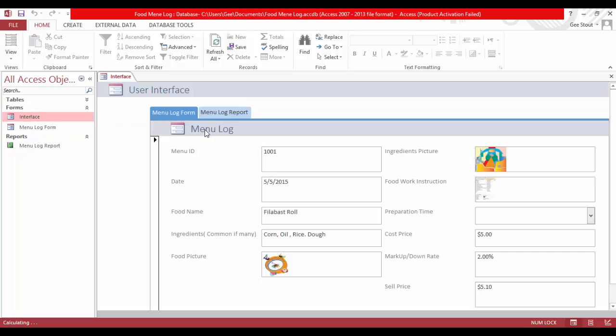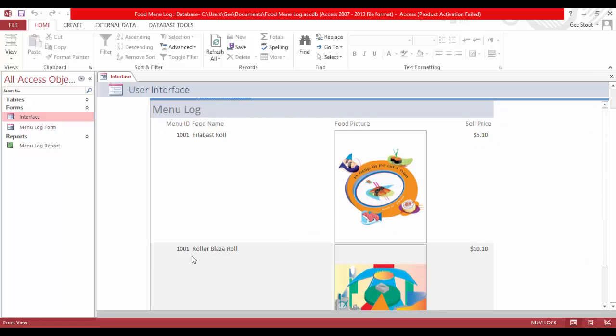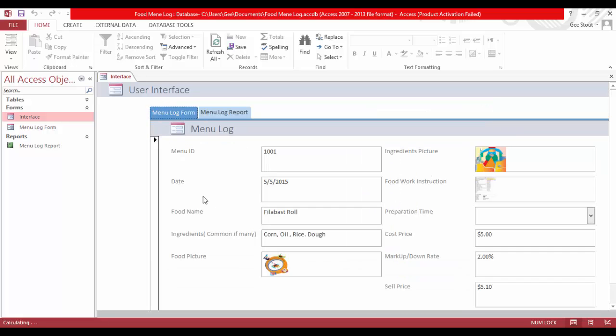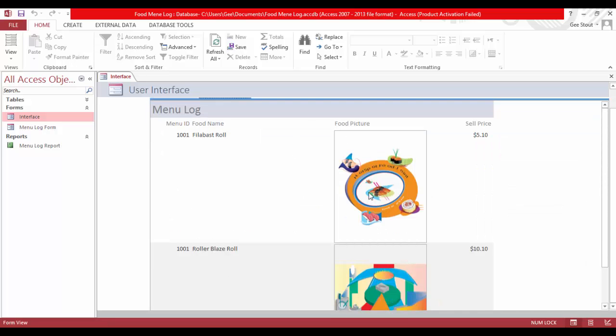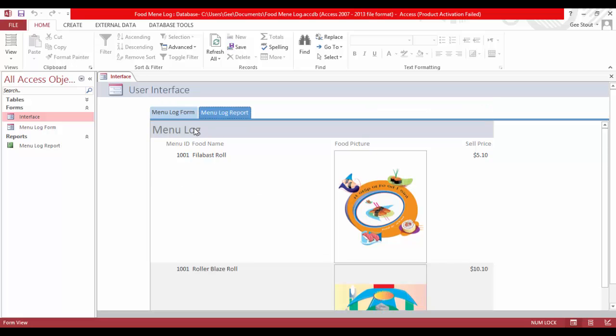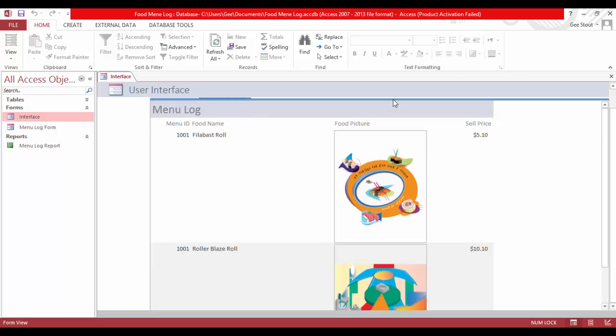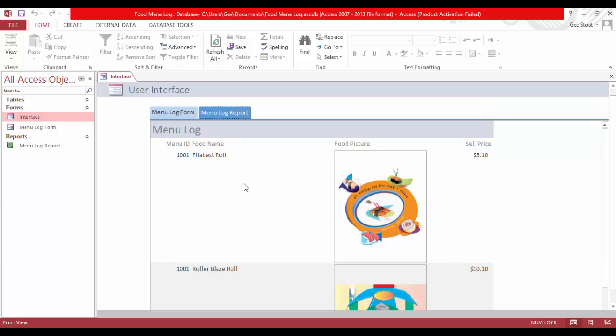Therefore, if I go to my interface, now I have my Roll Blaze Roll right here, costing $10.10. So this is the interface. I can log my menu here and see the reports as well. I can go to multiple interfaces or multiple tables, forms, and reports to do my work. So guys, this is how you build a restaurant menu log using Microsoft Access 2013 or in the version